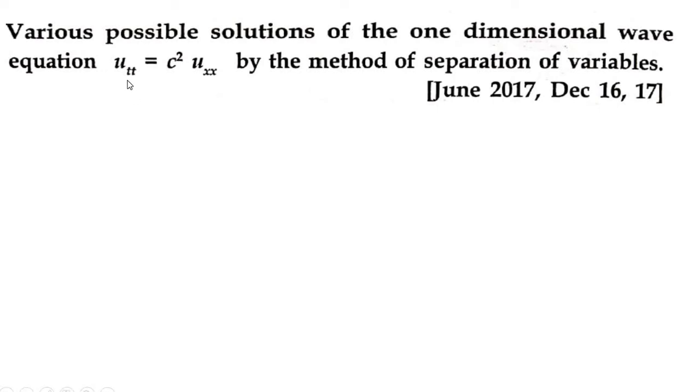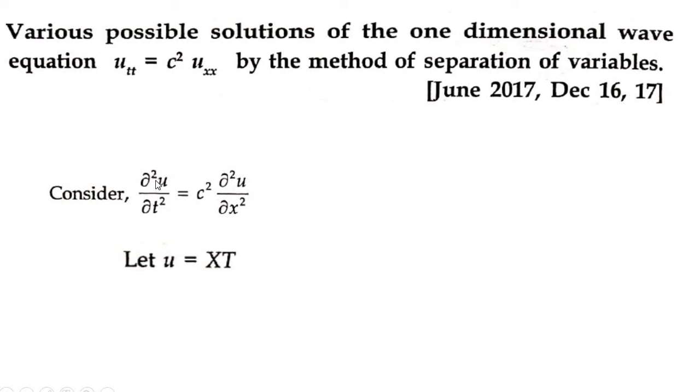First of all, you have u_tt equal to c square into u_xx, right? So can I write u_tt equal to c square into u_xx as ∂²u/∂t² equal to c² into ∂²u/∂x²? Because u_tt is also equal to ∂²u/∂t², and u_xx can also be written as ∂²u/∂x². So ∂²u/∂t² is equal to c² into ∂²u/∂x². Here let me consider, let u be equal to X into T,